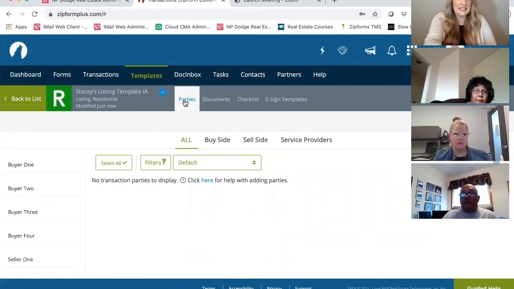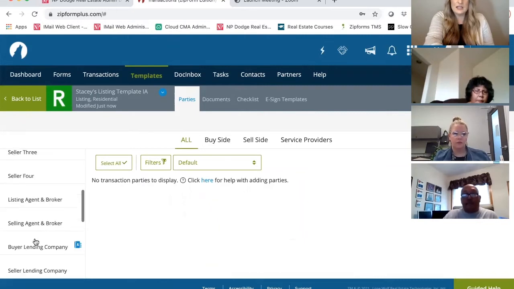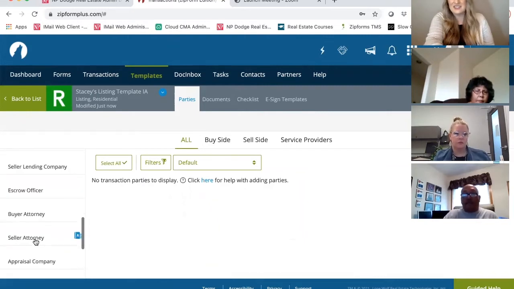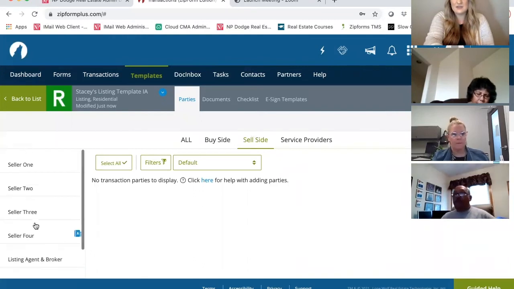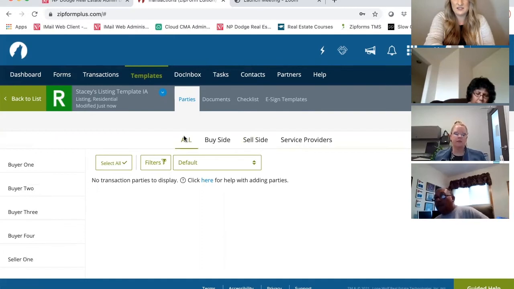I can add in a party, for instance, and actually, something that's kind of tricky is it will pull me in since I put it in that cover sheet, but sometimes you have to go out of the file and back into it for it to take effect. But something I wanted to show you was you have this add other on the left-hand side. So I scroll to the bottom, and I can leave it on all parties versus just the sell side, but